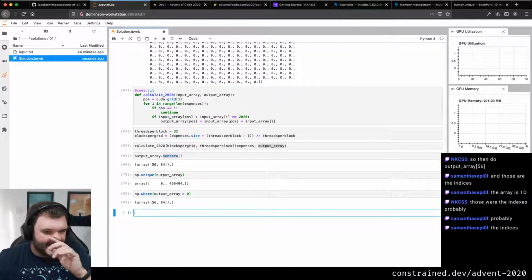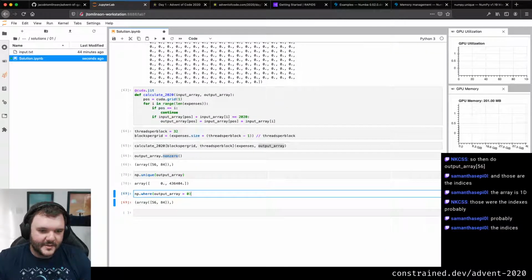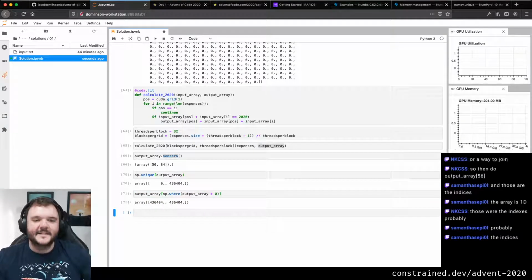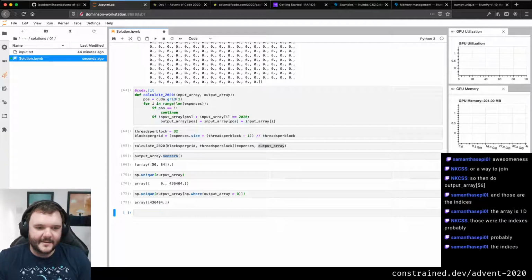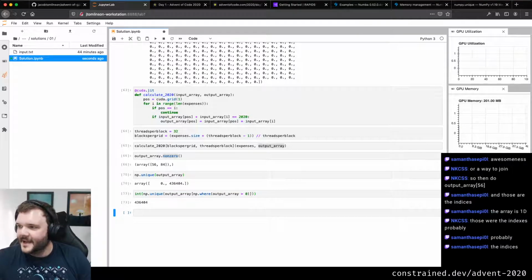That's fine. That makes sense. Do I want to do that? Yes, that's what I want to do. And then np.unique of that is just going to give me a single number back, and then hooray! That's slightly unpleasant. So that's fine. But so I've got an answer.